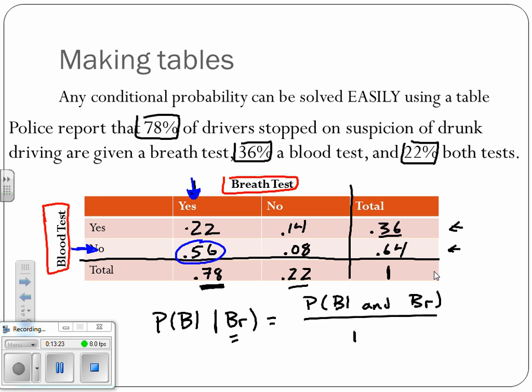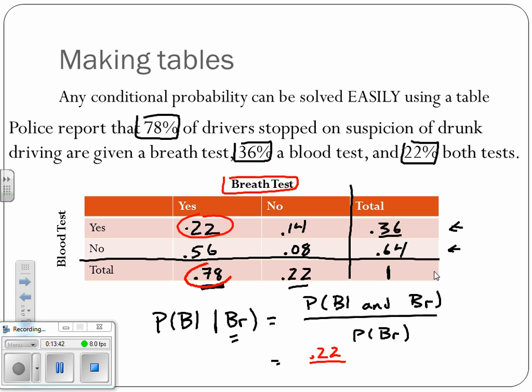Look at the probability that you're just given a breath test. Blood and breath test right there. The probability that you were given a breath test, 0.78. And so out of the 78%,